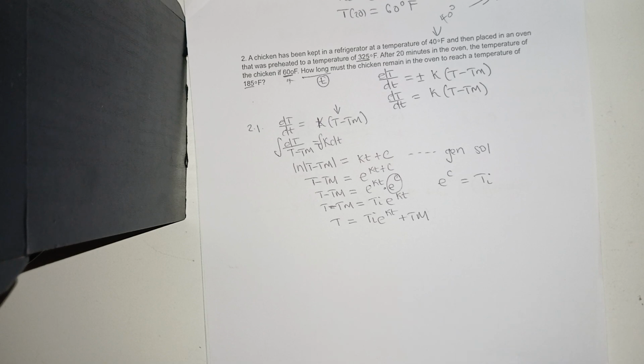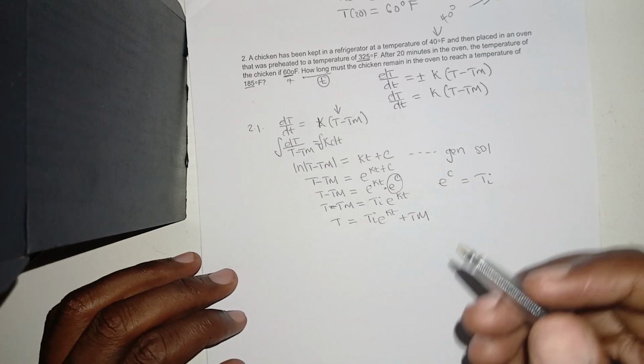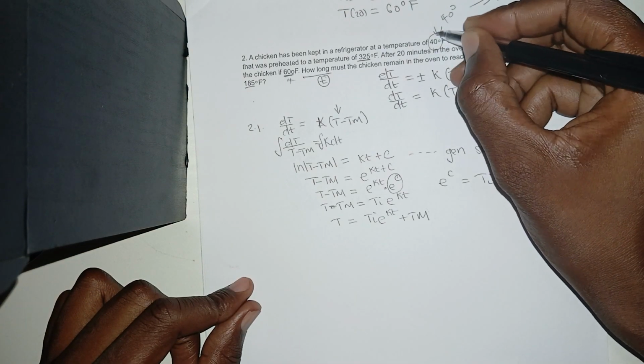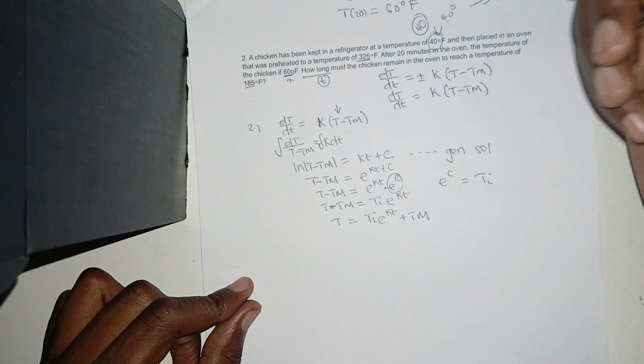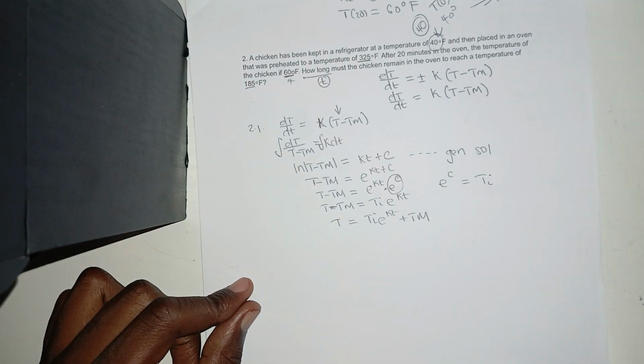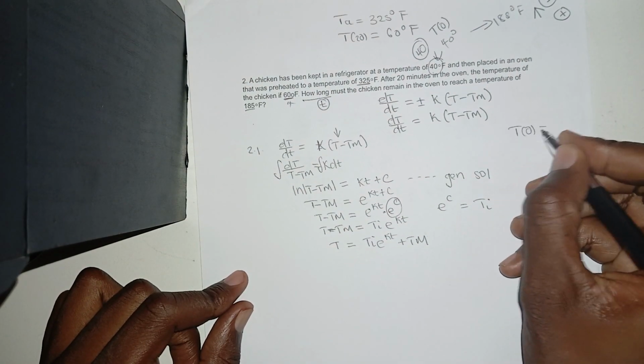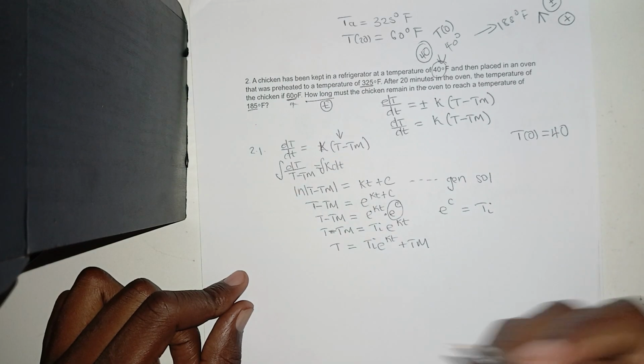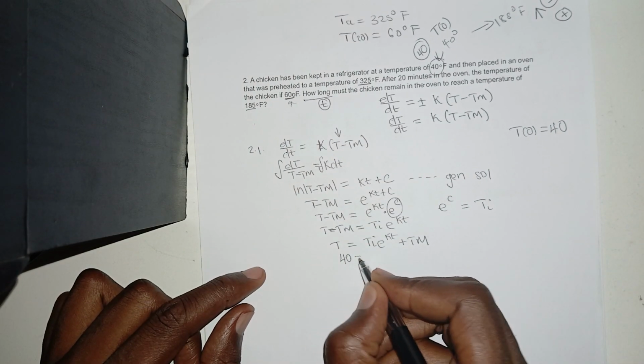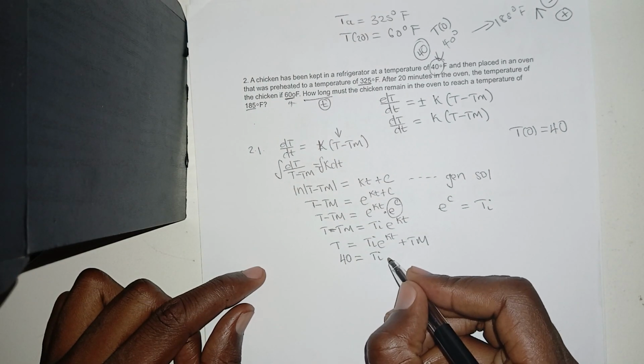Now, what is it that we have to do now? First thing first, we need to find the initial temperature. How are we going to find it? We come to the first temperature that we got, which is 40. That means time was 0. We're starting with it, so we're just going to say 40 is equal to Ti